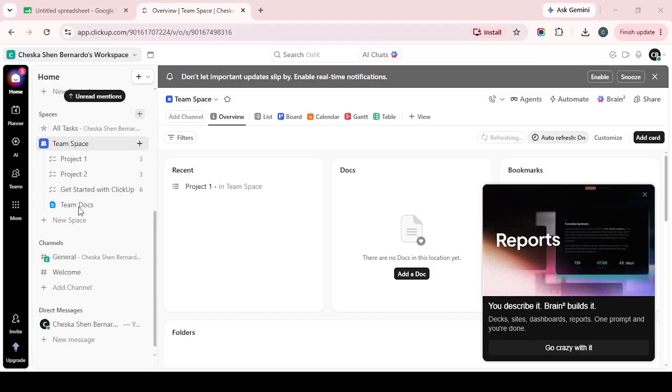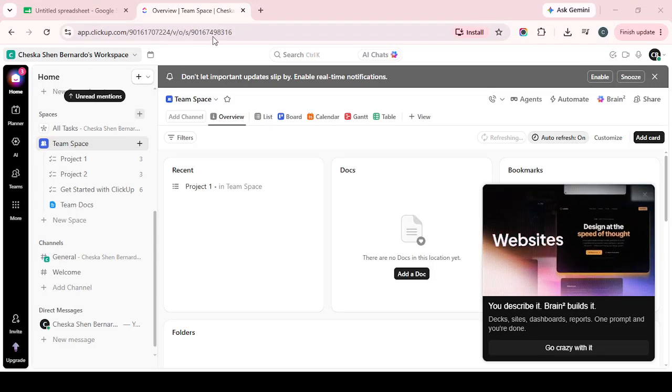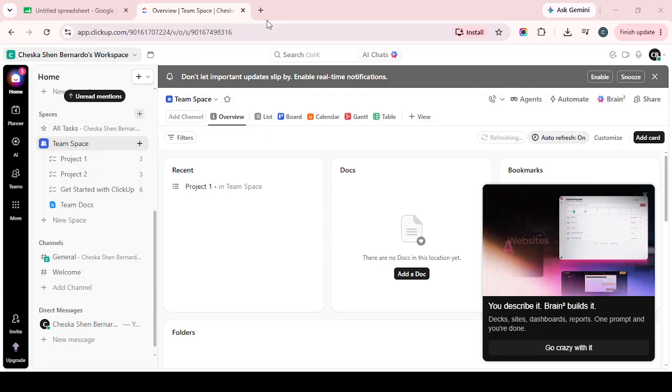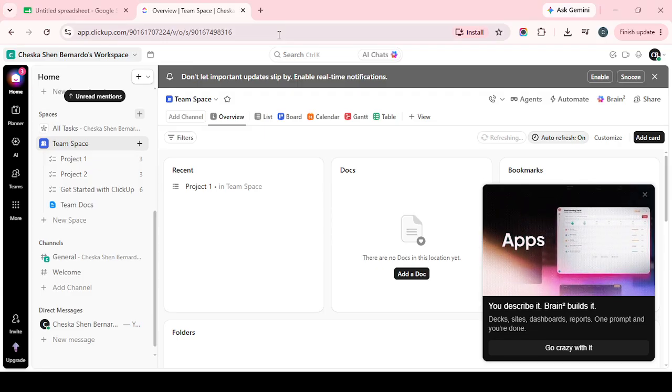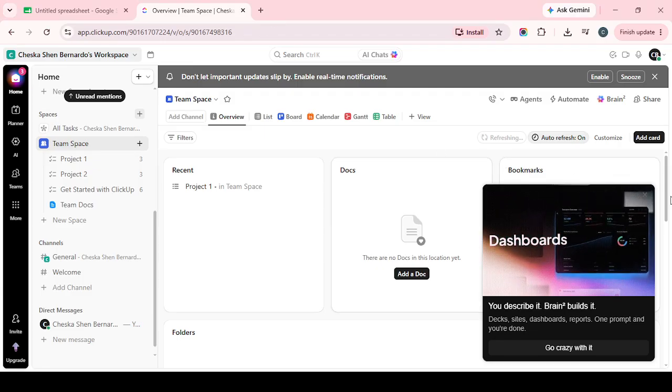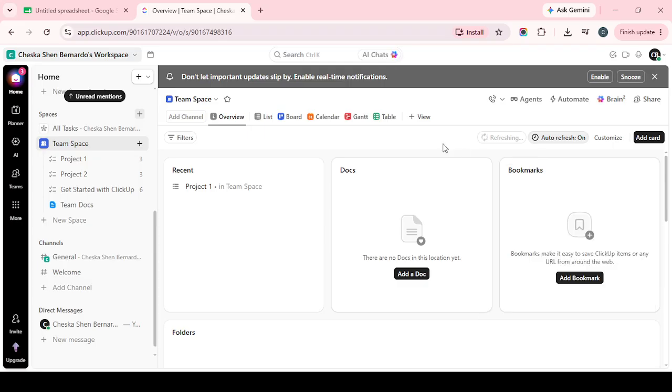In today's video, I'm going to teach you how to connect ClickUp to Google Sheets using the App Center or Integrations section. To get started, open Google Chrome and sign in to your ClickUp workspace. Once you're inside ClickUp, look for the App Center or the Integrations area, depending on the version of the interface